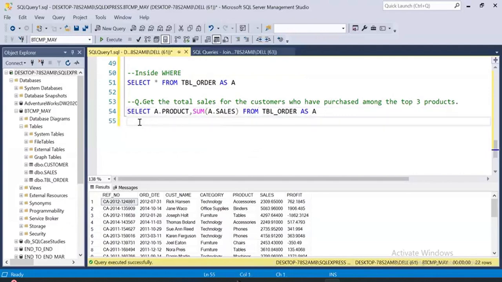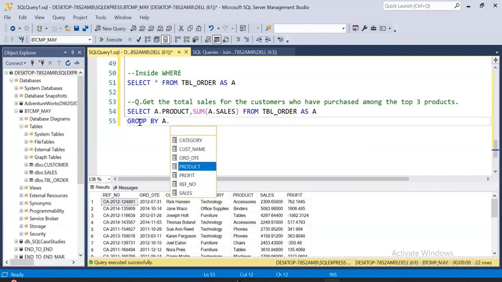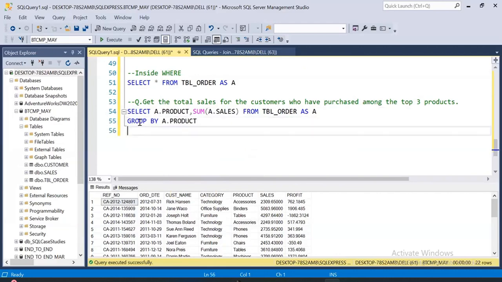Then what? Group by product. I need to summarize. After summarizing, what else? Order by, because I need the top 3. Order by what? Sum of sales